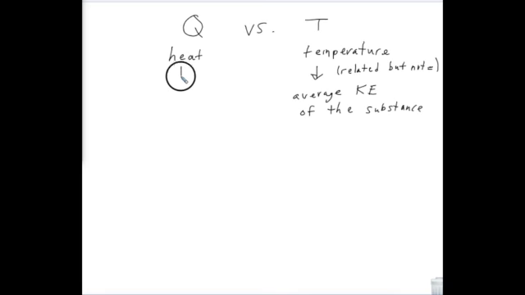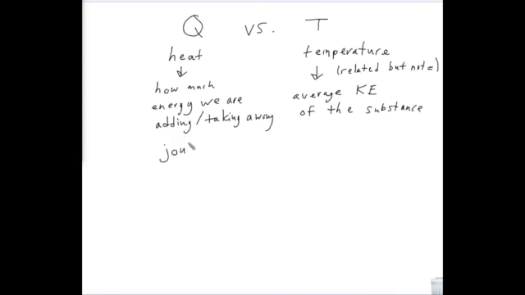The heat is how much energy you're adding or taking away. So heat is going to be in joules because it's the amount of energy. Temperature is related to energy, but it's not energy. Temperature is going to be in degrees Celsius. All right, so joules for heat and degrees Celsius